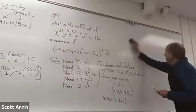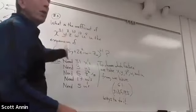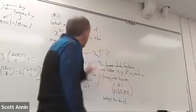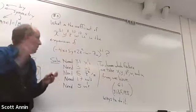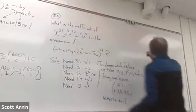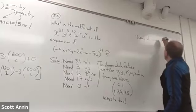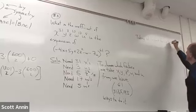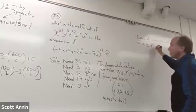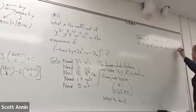Okay, so if the thing we were expanding was just x plus y plus z plus w plus u, this would be the final answer. But as you can see, we have coefficients, and every time we grab an x, we're actually grabbing a negative 4x, and so on with all of these variables. So from here, let's take into account the coefficients of x, y, z squared, w, and u. Our final answer is,